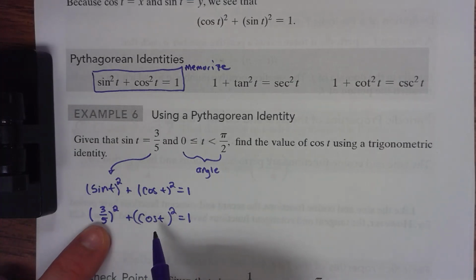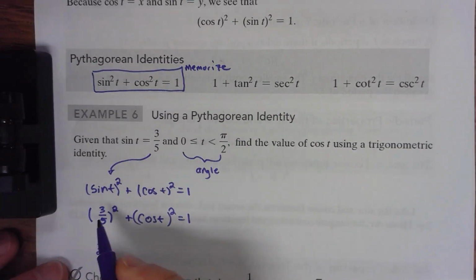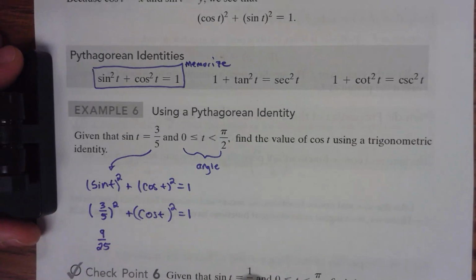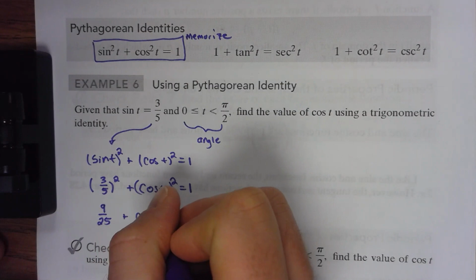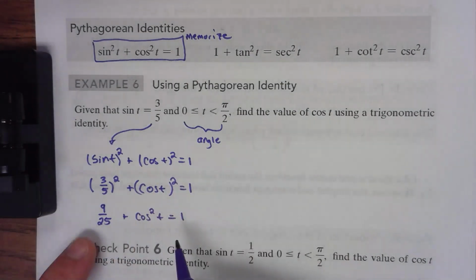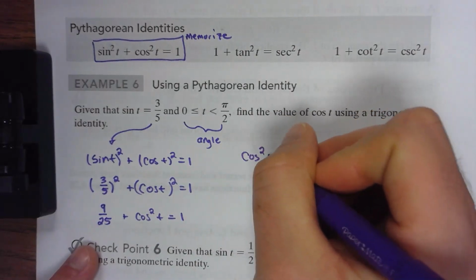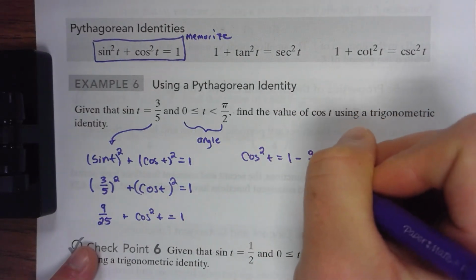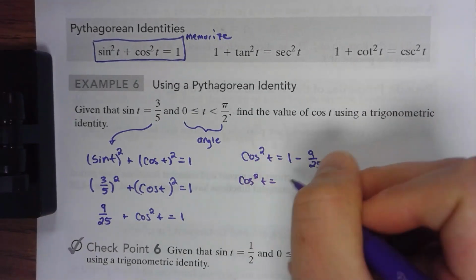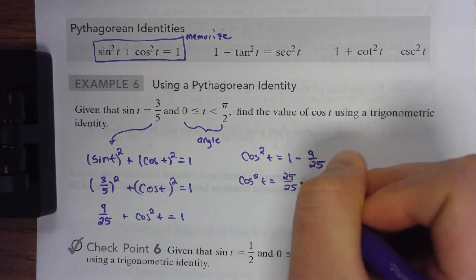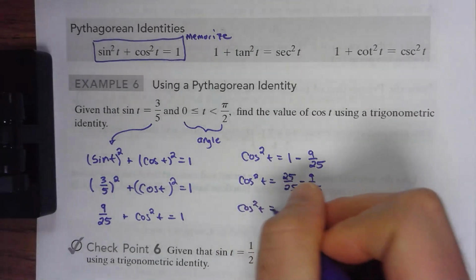So what I'm going to do is I'm going to square this 3/5. When you do that, you square the top and the bottom, right? Think about 3/5 times 3/5 is 3 times 3 up top, 5 times 5 in the denominator, and then plus cosine squared of t equals 1. So I'm going to go ahead and subtract the 9/25 over, and we're going to have to do some fraction work. So it's 1 minus 9/25. 1, by getting a common denominator, is 25 over 25, and then minus 9 over 25, leaving us with 25 minus 9 is